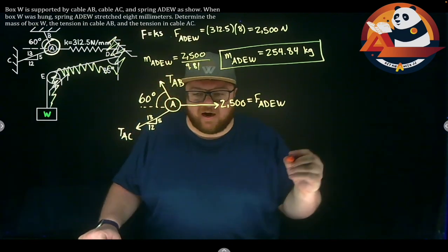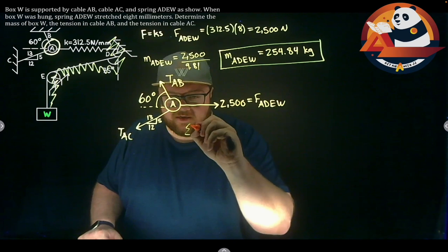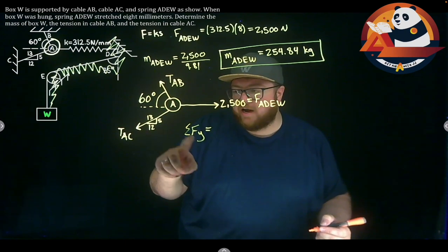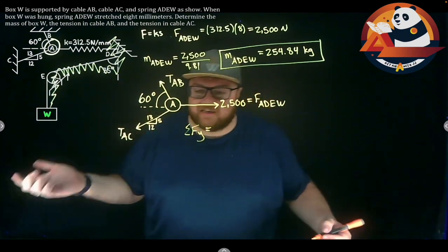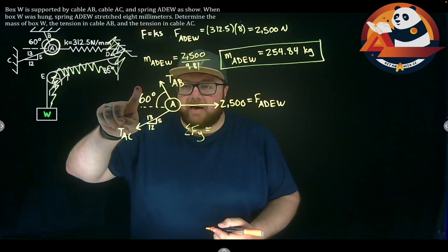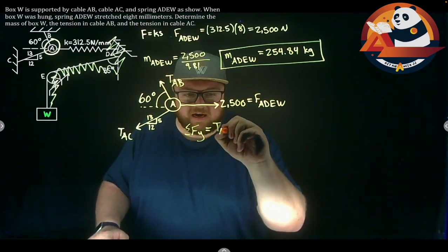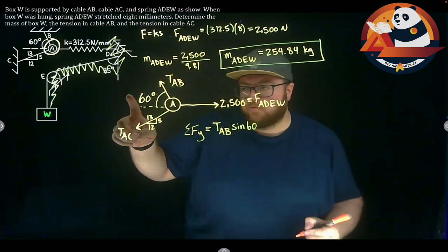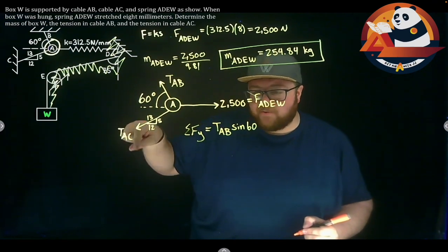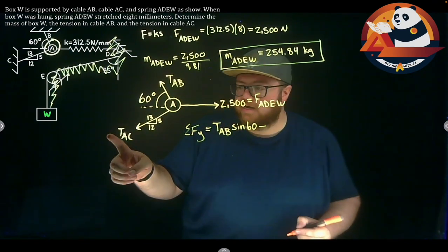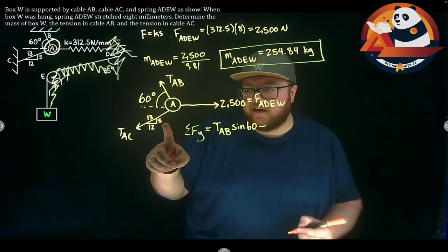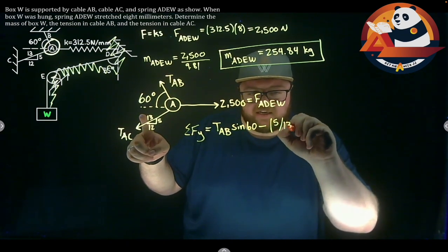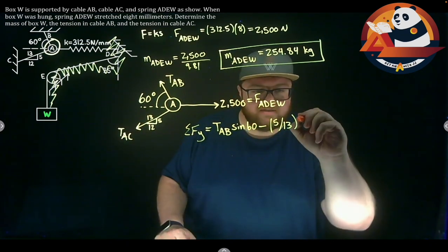Let's start by summing forces in the y. If I sum my forces in the y direction, we'll get everything that has a y component in here, set it equal to 0. TAB has a y component, so TAB times the sine of 60 gets our y component here. TAC points downwards, so we subtract it out. Minus its y component would be our y leg of the triangle, 5, divided by the hypotenuse of the triangle, 13, times our force, TAC